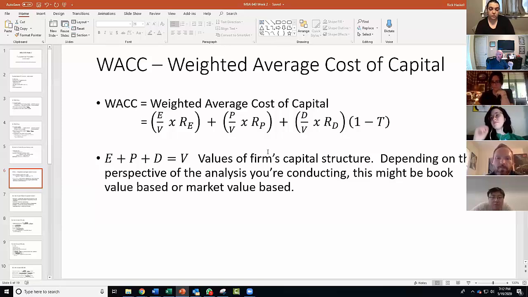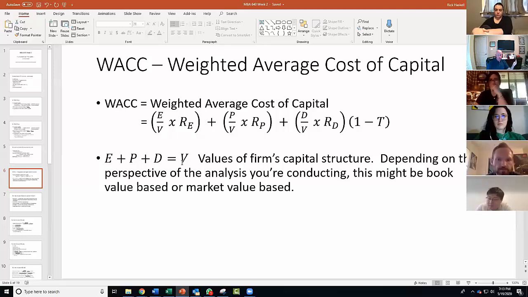So this is the equation for weighted average cost of capital. I want to look at this conceptually before we get bogged down into any of the very simple math, but there are lots of variables. So I want to start with the concept that we're going to think about the company's capital structure. And we can say the company's capital structure is its common stock, which is represented by the variable E,